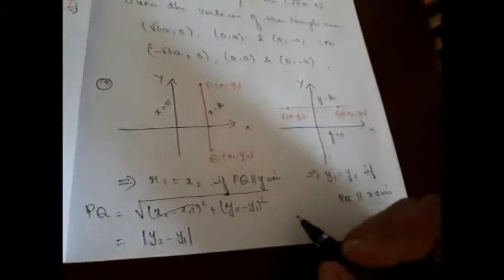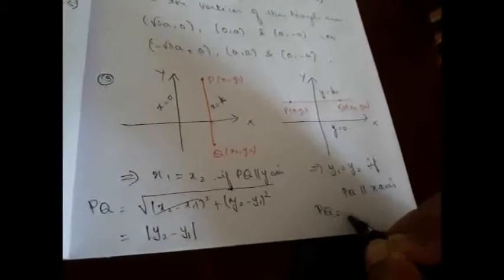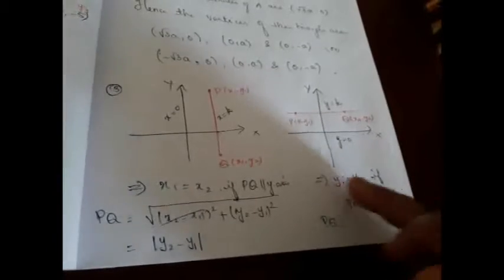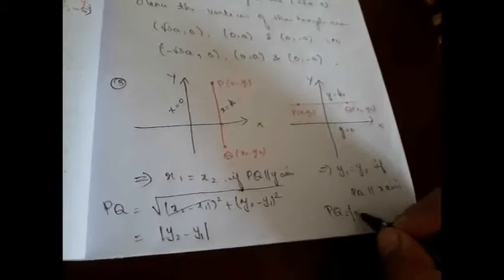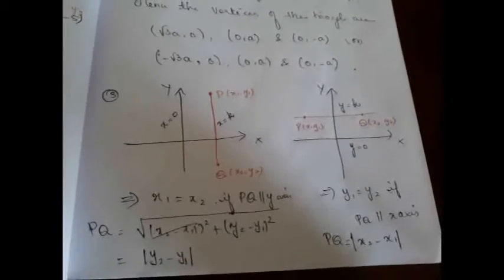distance, right? The same way here PQ is going to be, since y1 and y2 are same, this is going to become 0 here. So we will end up with x2 minus x1 the whole square. The square and square root will get cancelled. So this is x2 minus x1. Yes? Hope you understood. Let us move on to our next question now.